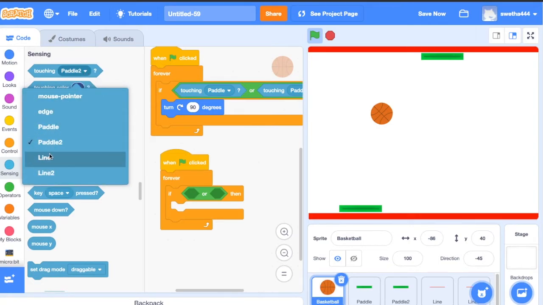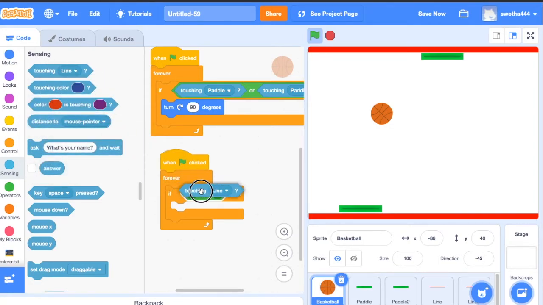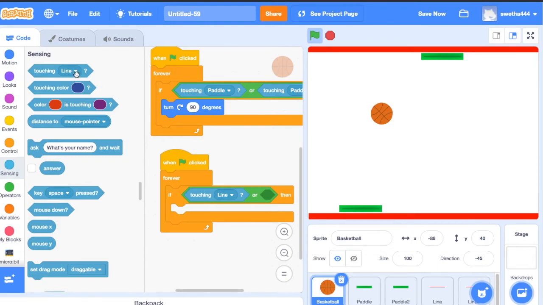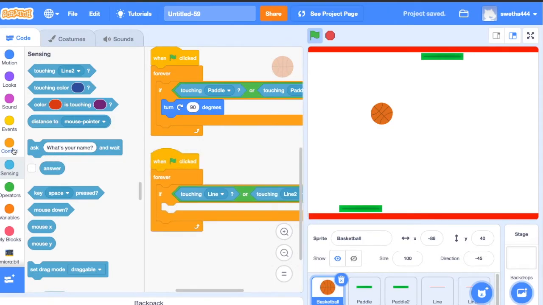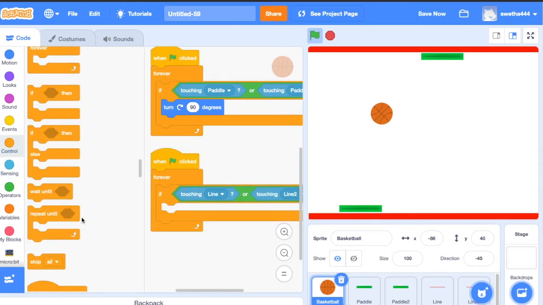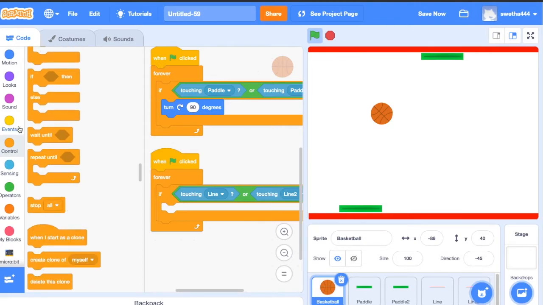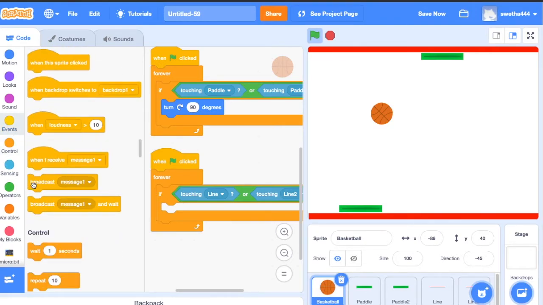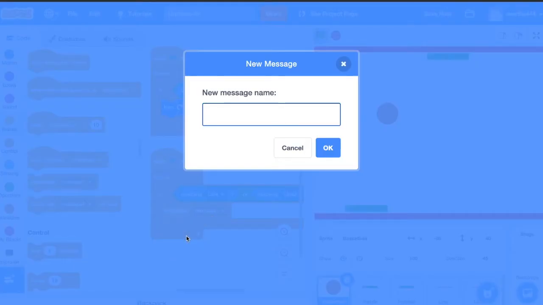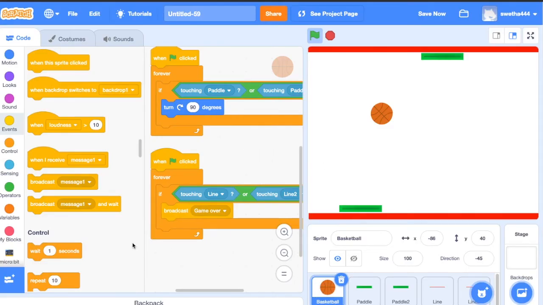If the ball touches the line, or if the ball touches line 2, any of this happen, then let's broadcast a message. Click on events, broadcast message, game over. Now let's write code when I receive